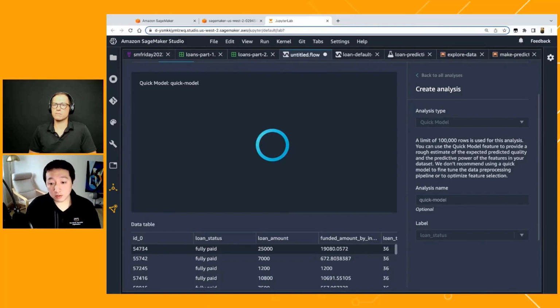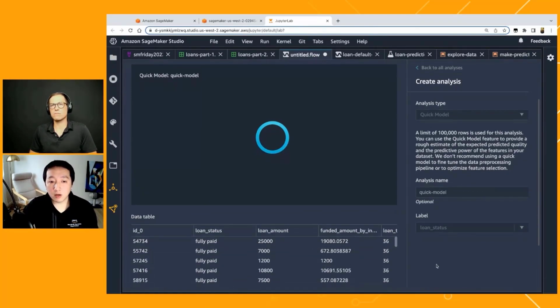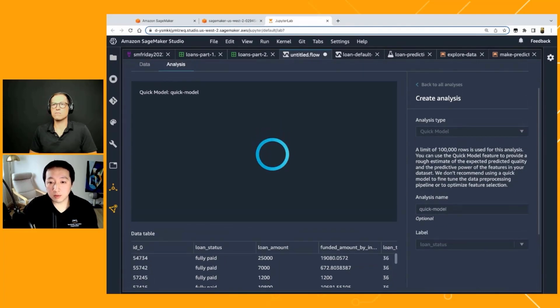This is what I also like to do, and it also helps us understand what kind of baseline, as we just talked about, and we're now seeing things in action, how a quick model can help us. Within a couple of seconds, the results will come in.